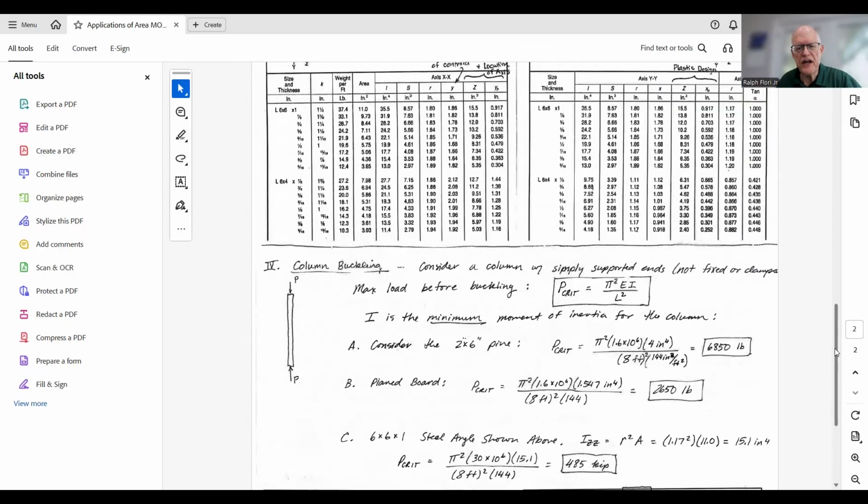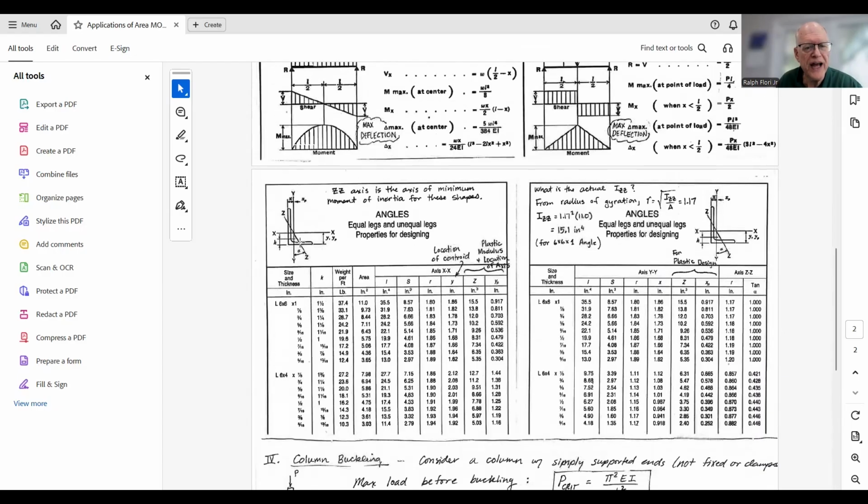If you look at this other picture, this is an L-shaped or angle shape. The first line is a 6 by 6, so this is 6 inches by 6 inches. In one direction, I is 35.5. In the other direction, it's 35.5, because this is 6 and 6. However, there's a ZZ axis that is actually a minimum I, smaller than Iy and Ix,